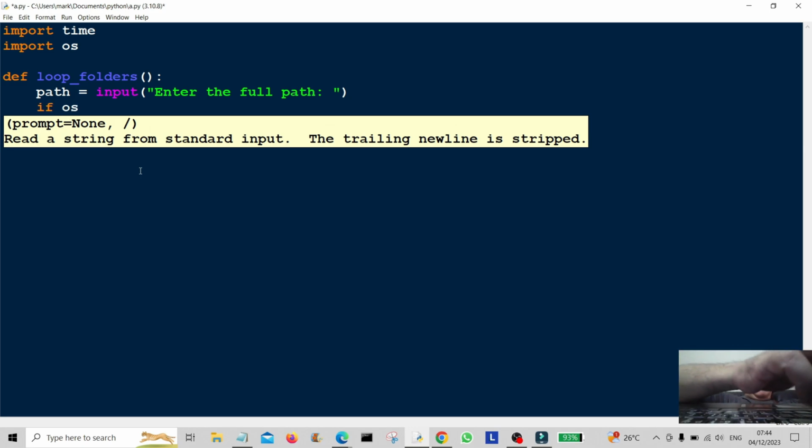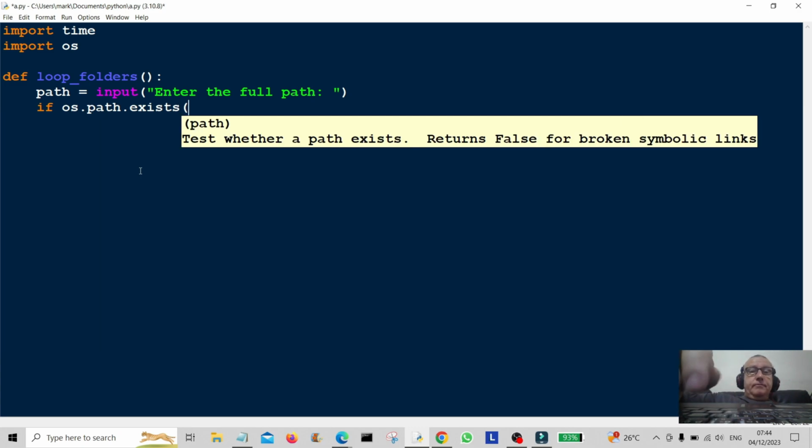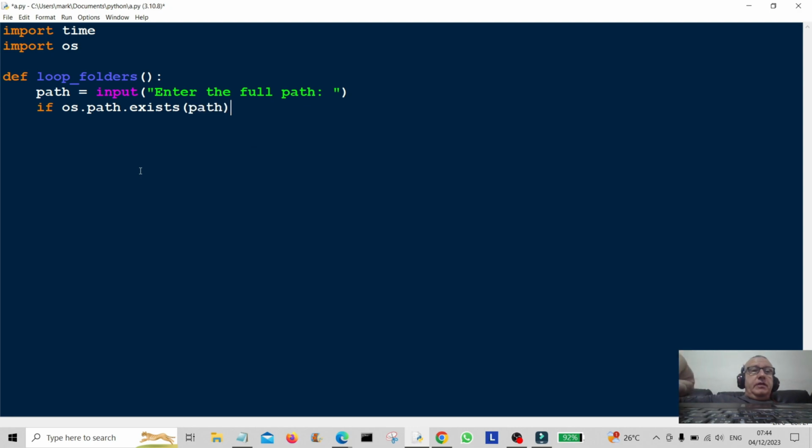So if os.path.exists, if the path that we type in exists, or it's not malformed, we're going to do something. So we're going to do os.chdir, change directory to the path that we've entered. And now we're going to do the little loop. So that's going to be for file in os.walk(path)